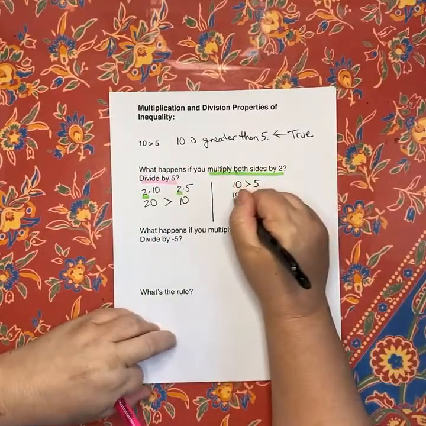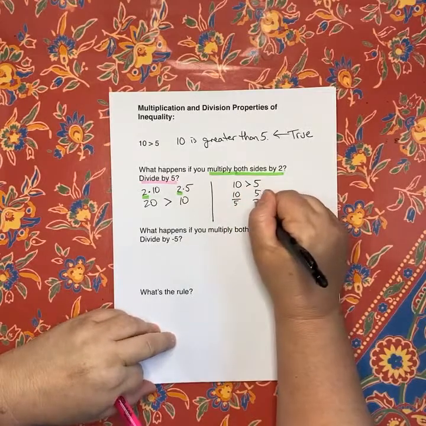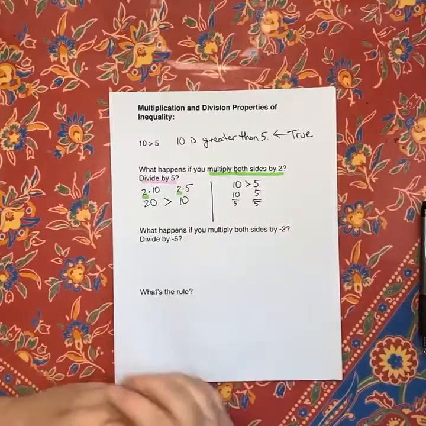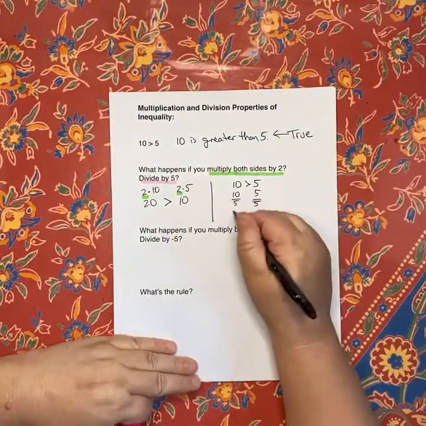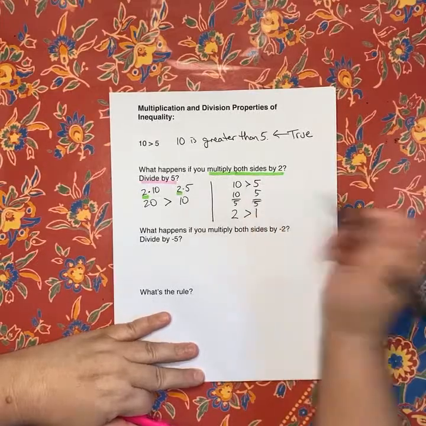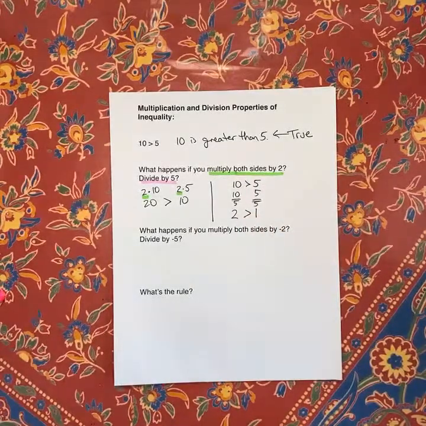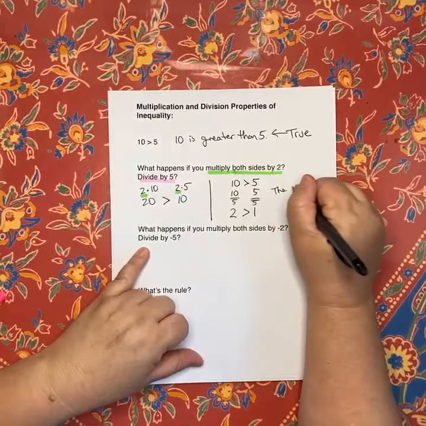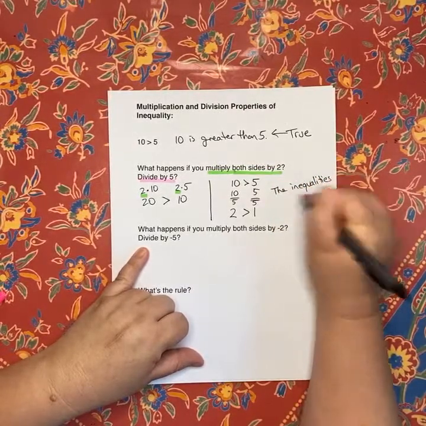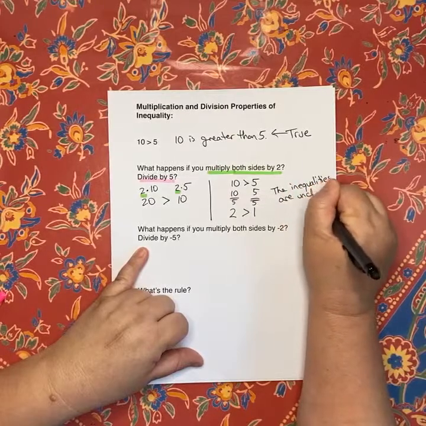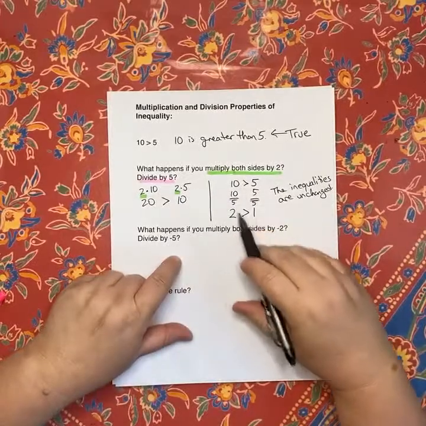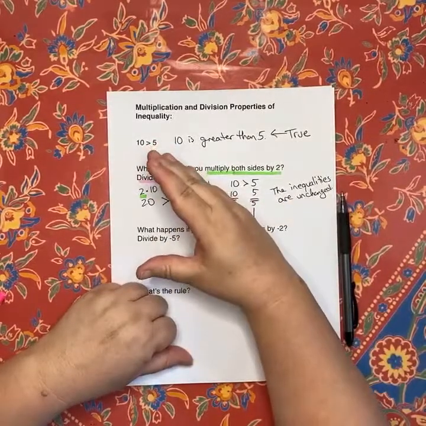So 10 divided by 5 and 5 divided by 5. There's my pink right there. What's 10 divided by 5? 10 divided by 5 is 2. 5 divided by 5 is 1. The inequality stays the same. The inequalities are unchanged. And by that, I mean, obviously the numbers are different, but the inequalities continue to face in that